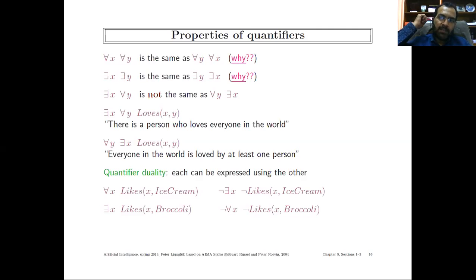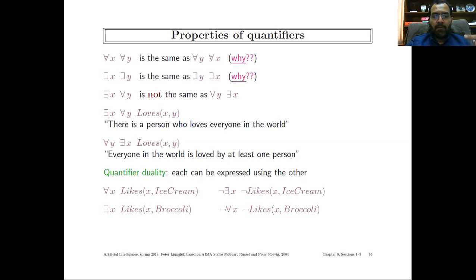For example, sometimes we say that the half glass is empty. The dual expression is that the half glass is full. Although as far as sentences are concerned, there are two different sentences, both sentences give the same meaning. So here the duality principle also applies to for all and existential quantifiers. And if you want to represent the for all statement with an existential quantifier, or you want to represent the existential quantifier statement with a for all quantifier, then you have to negate the quantifier and you have to negate the